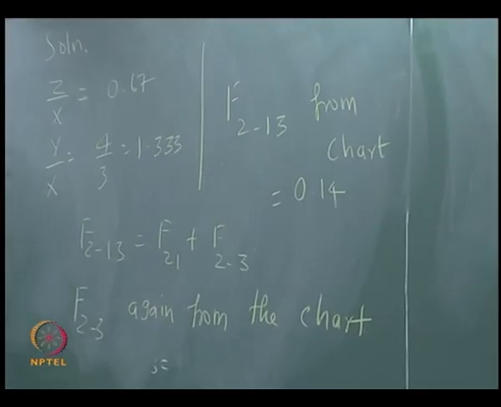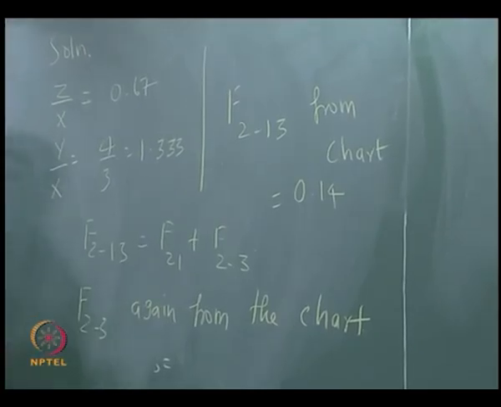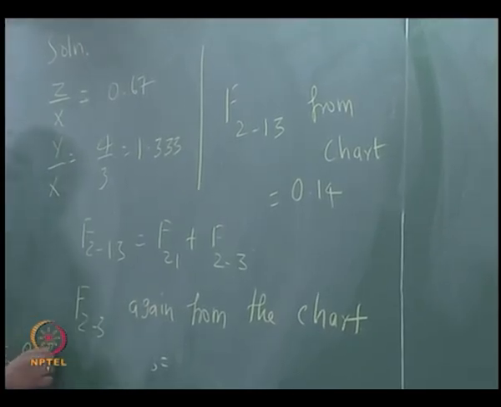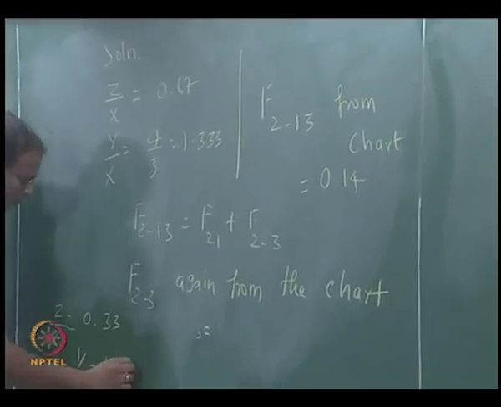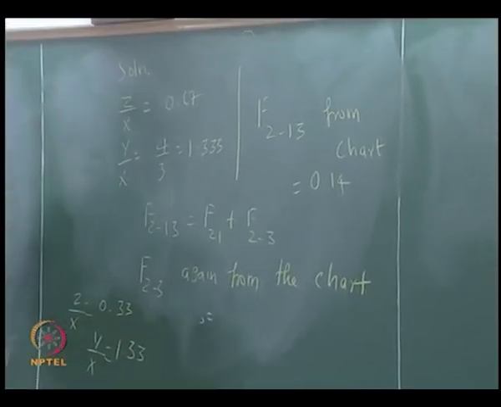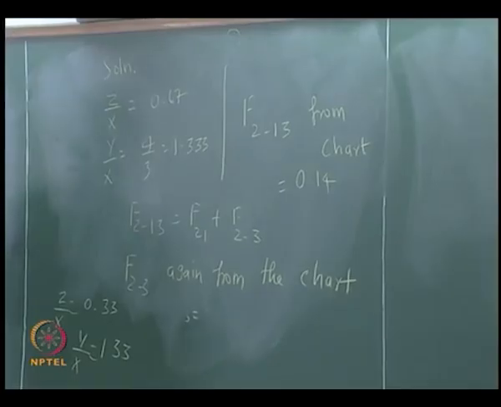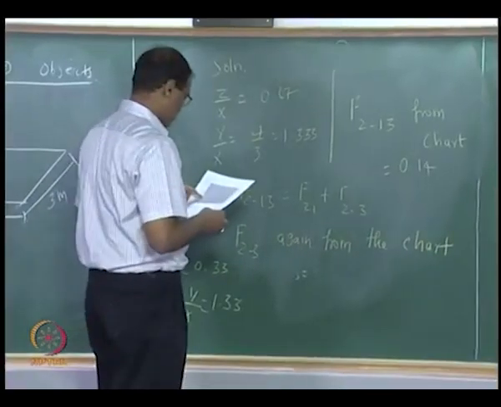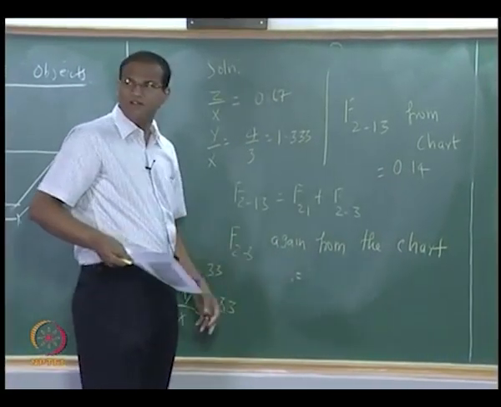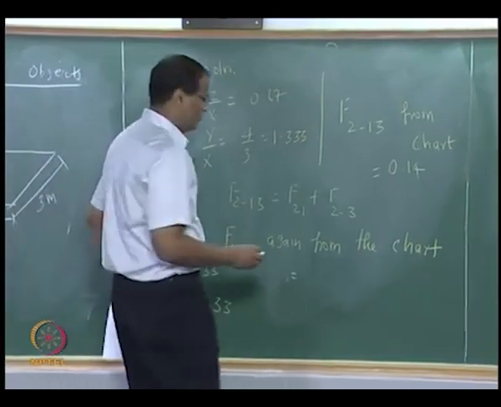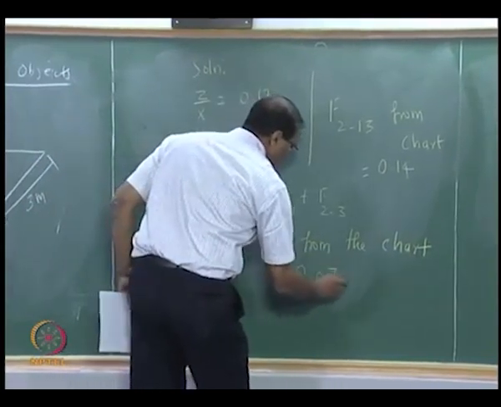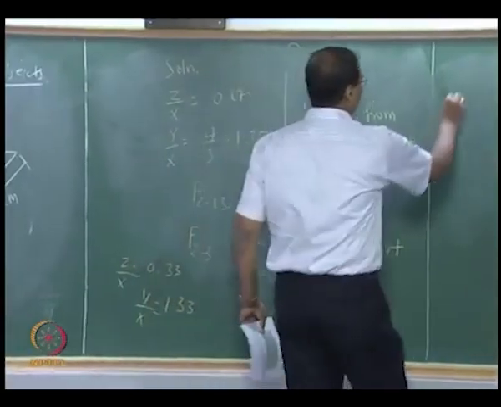Z by X is 0.33, Y by X is the same. Okay, so F2 to 3 will be 0.07, okay. Therefore,